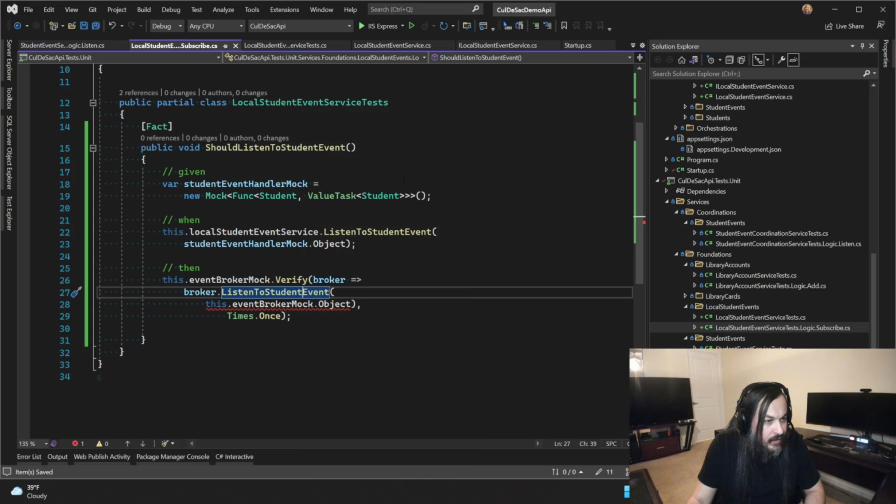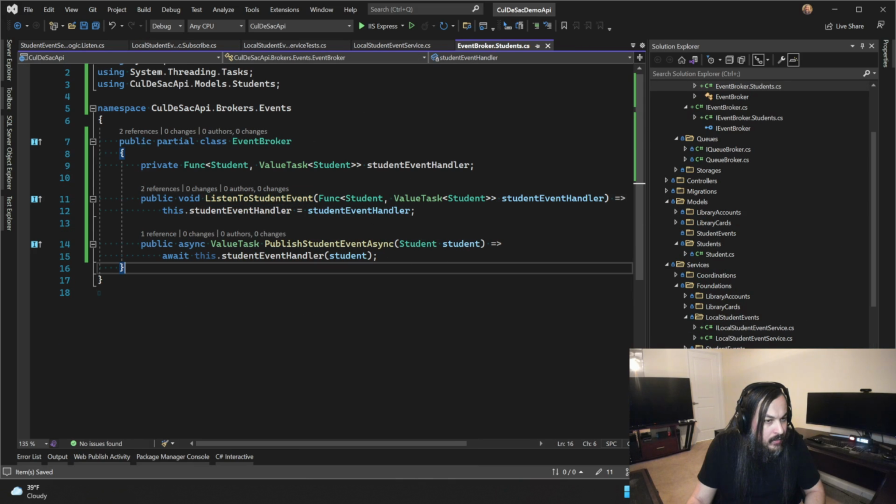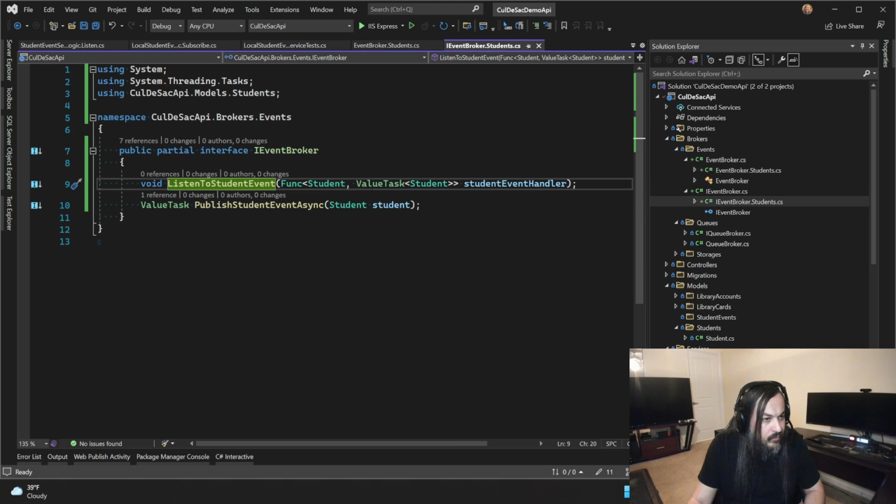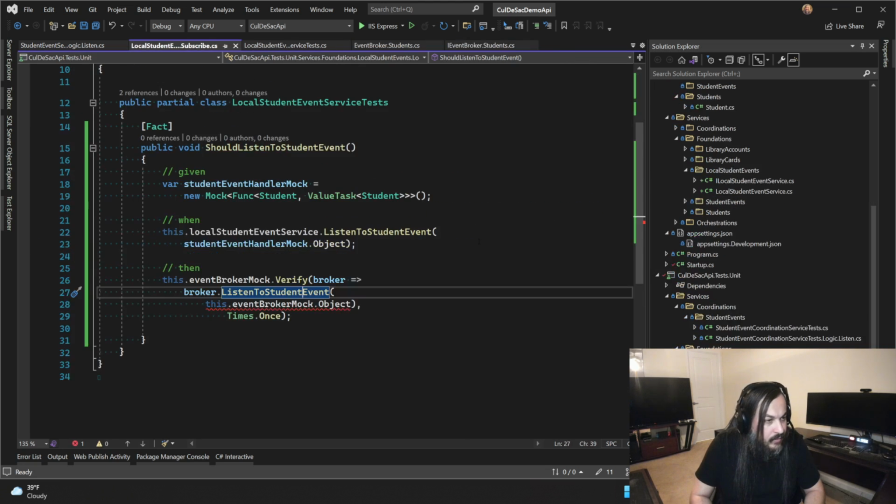Listen to student event. This guy takes a func of a student and a value task of a student, right? That's on the broker side. And I think the interface is also conforming to that. Mock func student and then value task of a student, right?